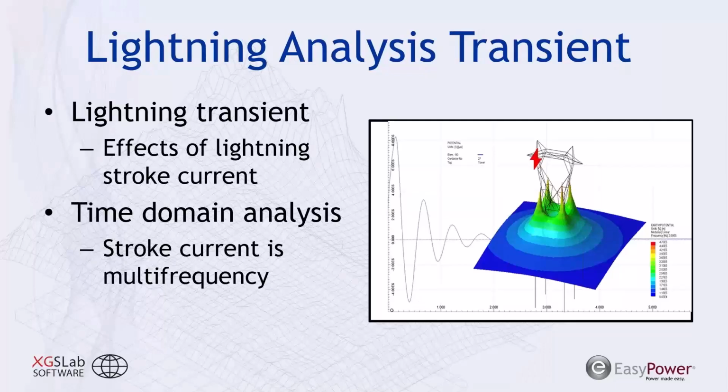Now, the lightning analysis or lightning transient analysis, this tells us what happens when lightning strikes. And as you can imagine, lightning is an impulse. It's not a sinusoidal frequency like our power system. It is going to be a steep rise in current. It could be in the microseconds, a couple microseconds. You can go from 0 to 100 kA. And we need to understand the conductive effects of that, the inductive effects of that, and the capacitive coupling associated